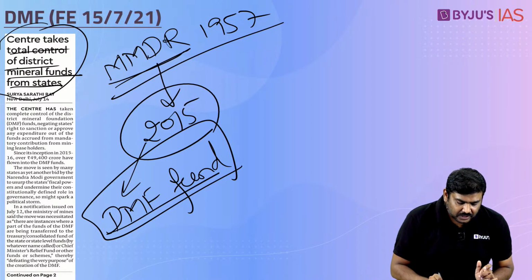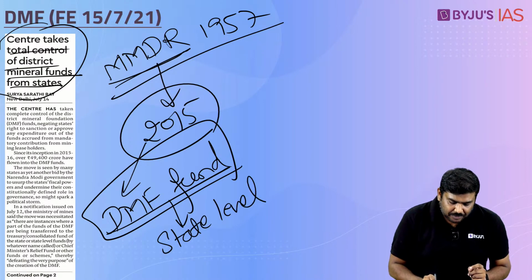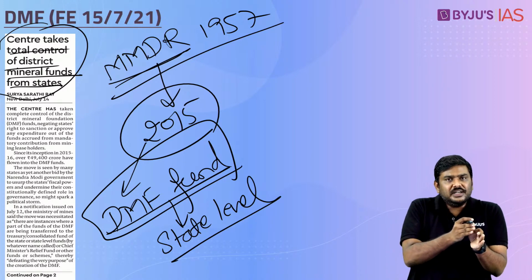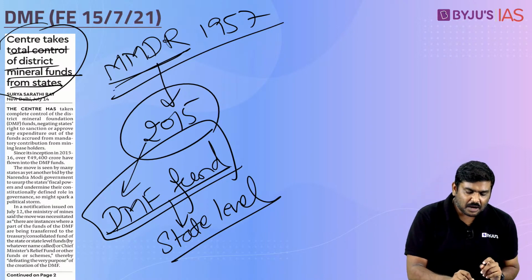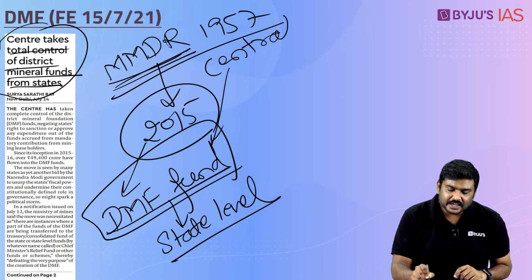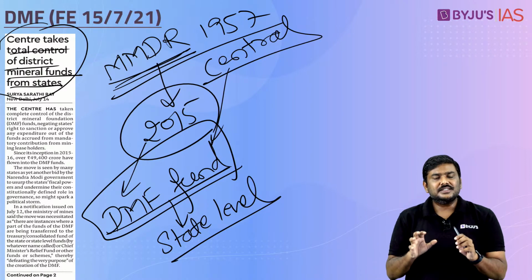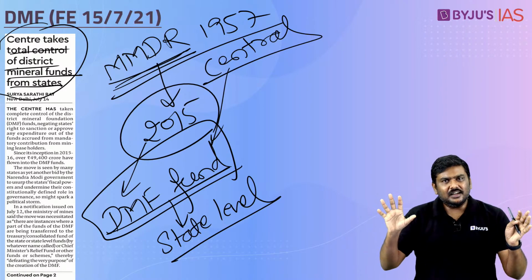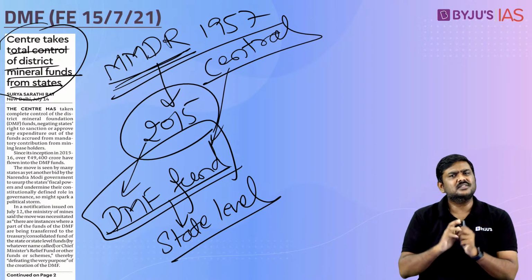This DMF fund was supposed to be set up at the state level. That is, the state government shall set up this fund, and shall allocate how it is supposed to be functioning, so on and so forth. Provided within the same Amendment Act, it also stated that the central government agrees with this kind of a function which has been allocated by the state government related to the fund. That is, if the state government sets up this DMF fund, state government is entitled as to how to utilize the funds, for which purpose they are supposed to utilize the funds.